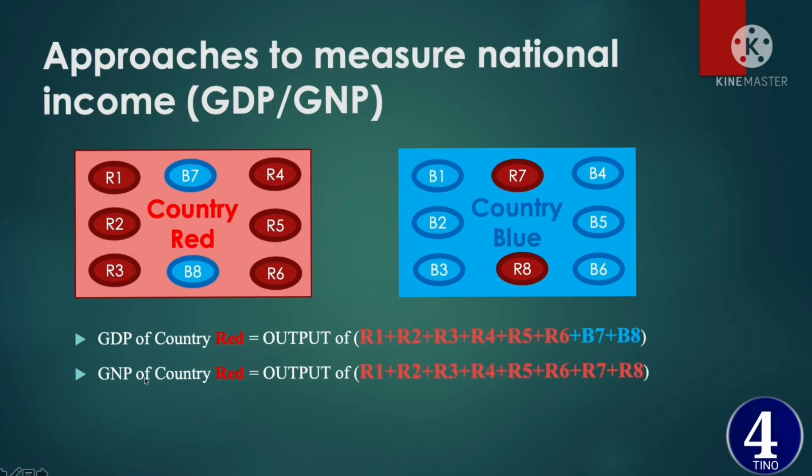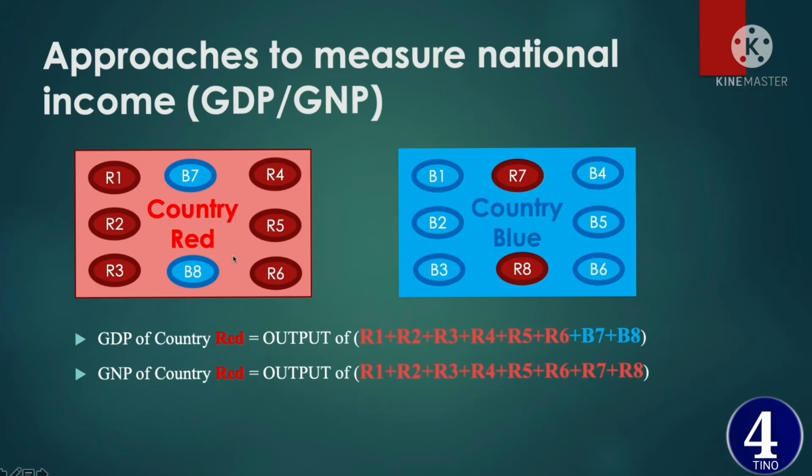So GNP of country red is equal to the output of R1, R2, R3, R4, R5, R6, and R7 and R8 produced in country blue. So here, irrespective of their geographical location, but according to citizenship, we will add the output produced by citizens of the